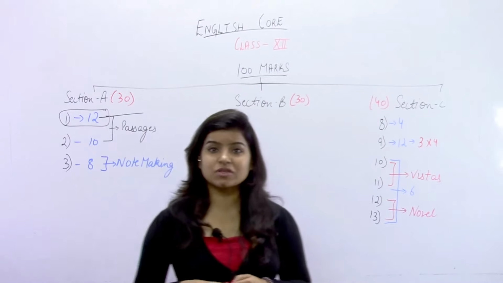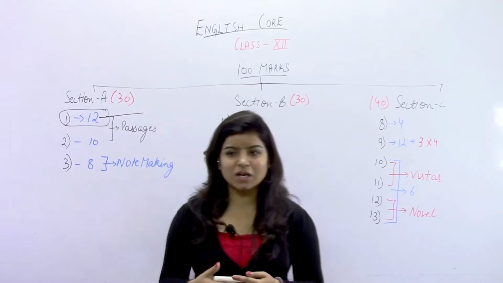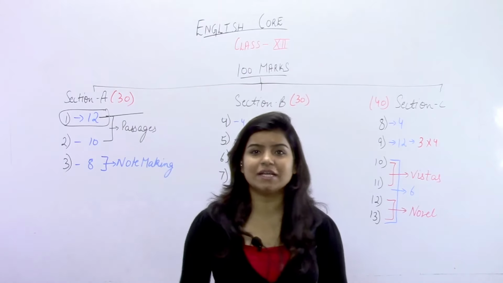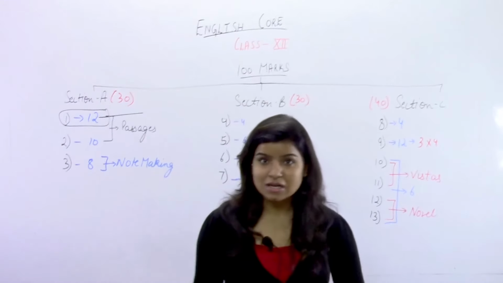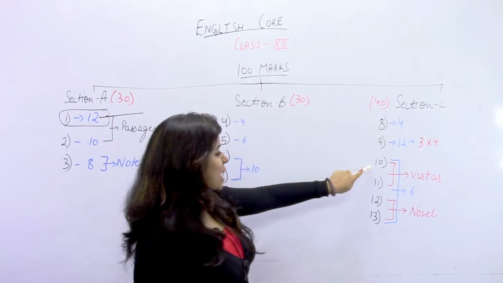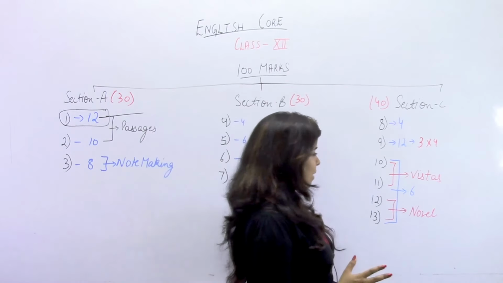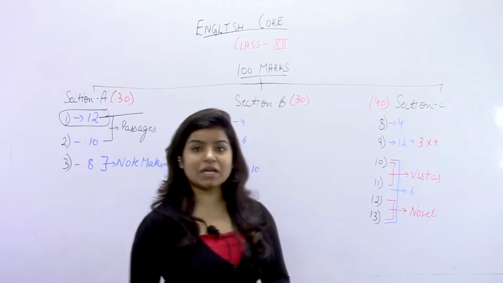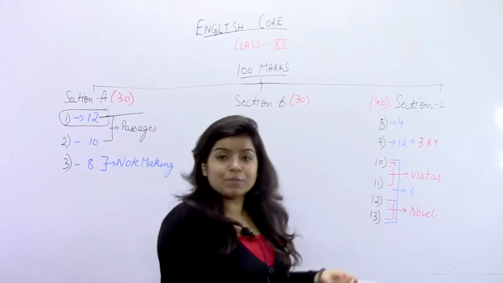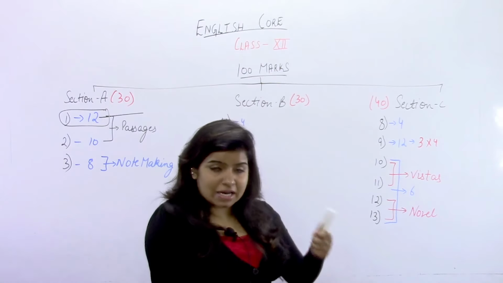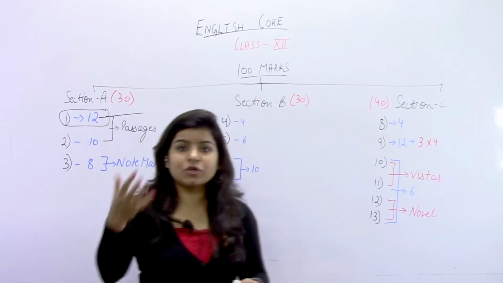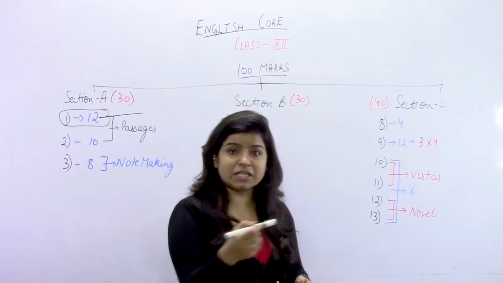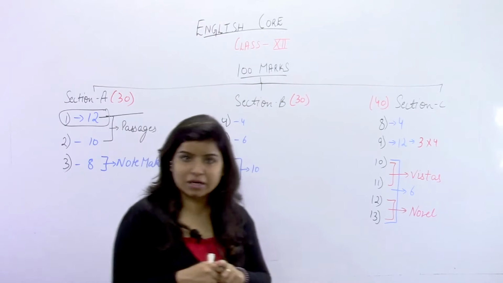The value based questions must be answered, because we all have this tendency that we can answer the questions with very moral based answers. So this question must be answered in a very methodical manner. You can answer either in points, but rather than answering in points, I would suggest you start answering in paragraphs. Small paragraphs would create a good impact rather than writing points or writing a whole single paragraph.